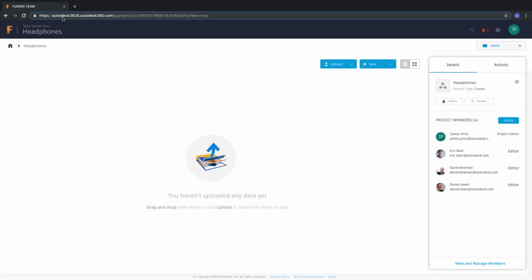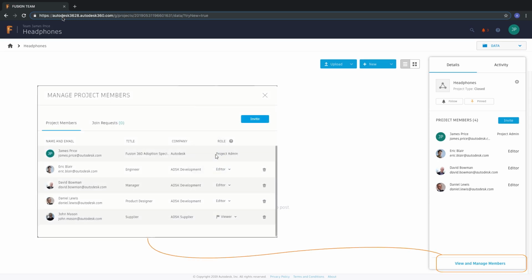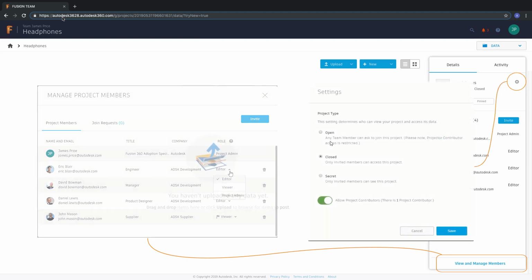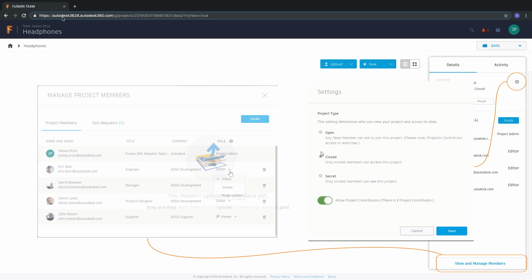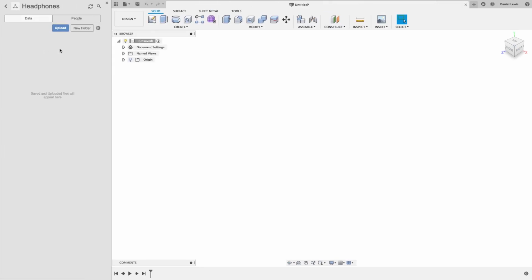In your Team Hub, you can also view and manage users' access rights, depending on their role, as well as defining the project type, whether it is open, closed, or secret, depending on the visibility levels, content privacy, and membership restrictions. We have our team set up, and secondly, from a user perspective, the product designer can